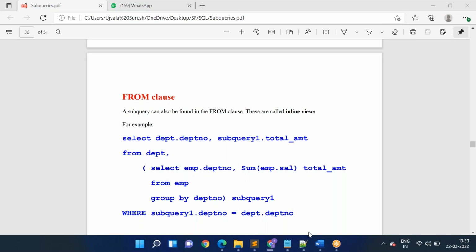We already tried a few scenarios in the last session, and we are trying to understand what subqueries are and the different ways of writing them, all those points. We already have the subqueries here